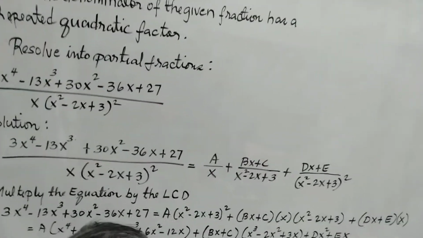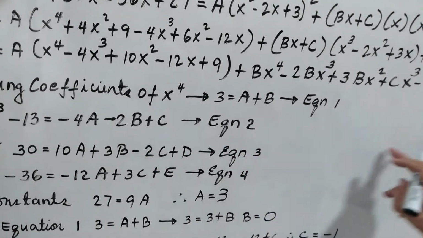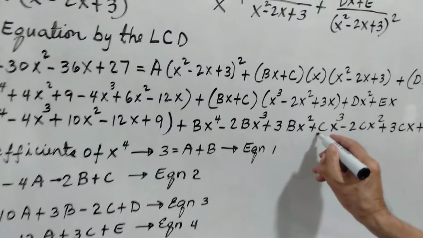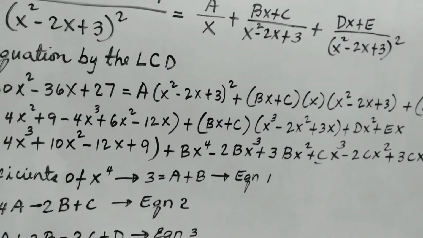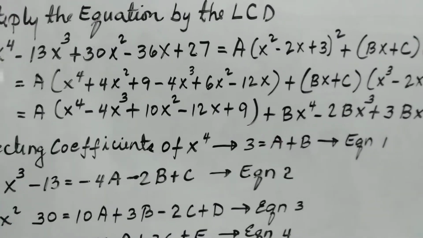So this one is minus 2b plus c. The coefficient of x cubed here is c. So that will be our equation 2. For our equation 3,